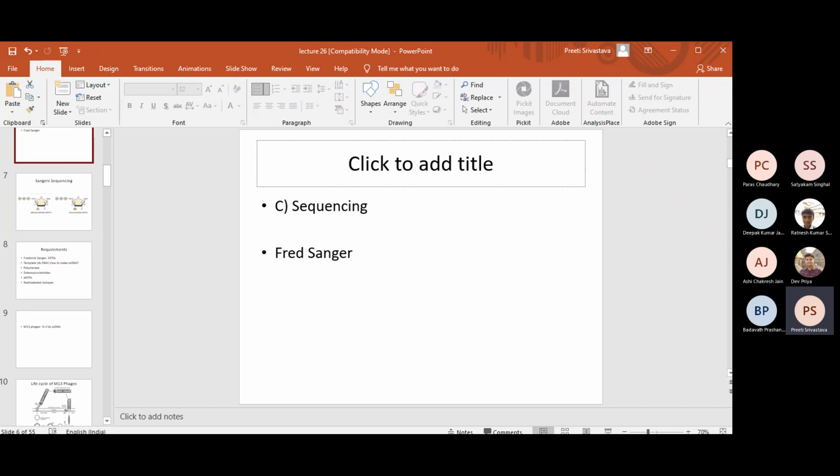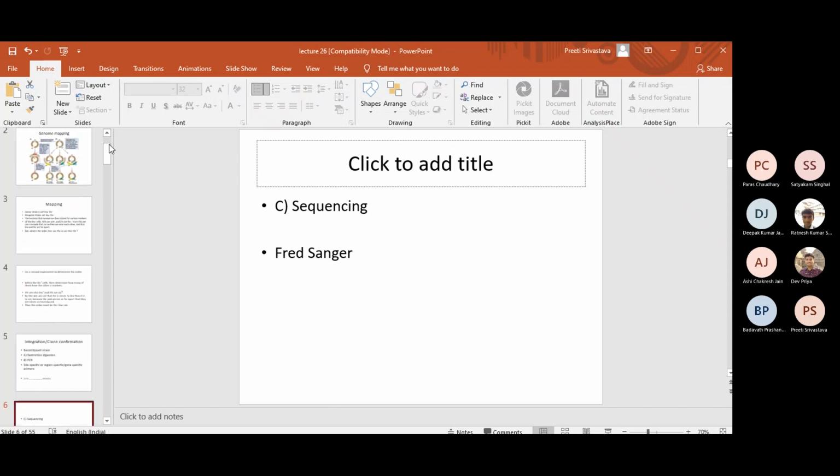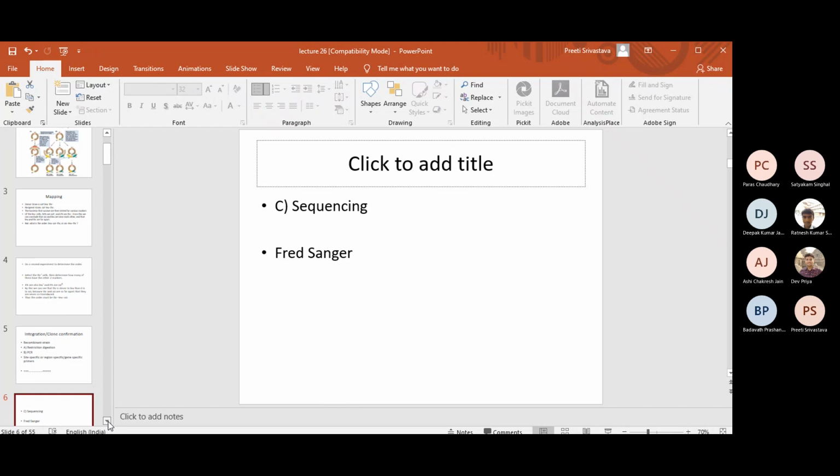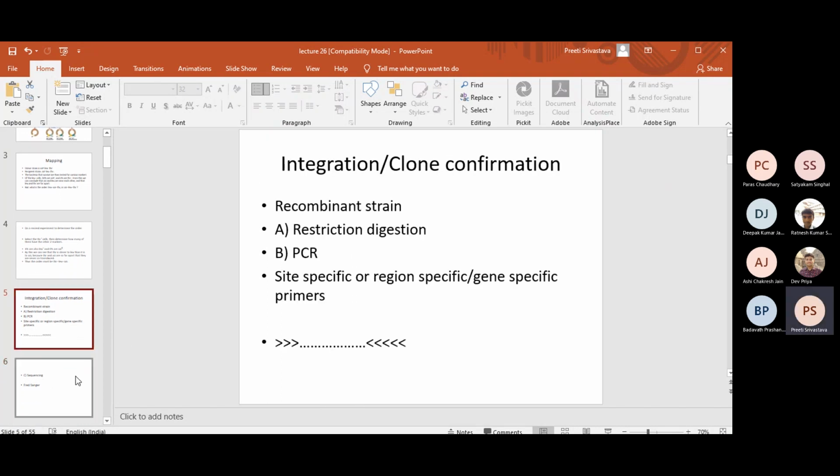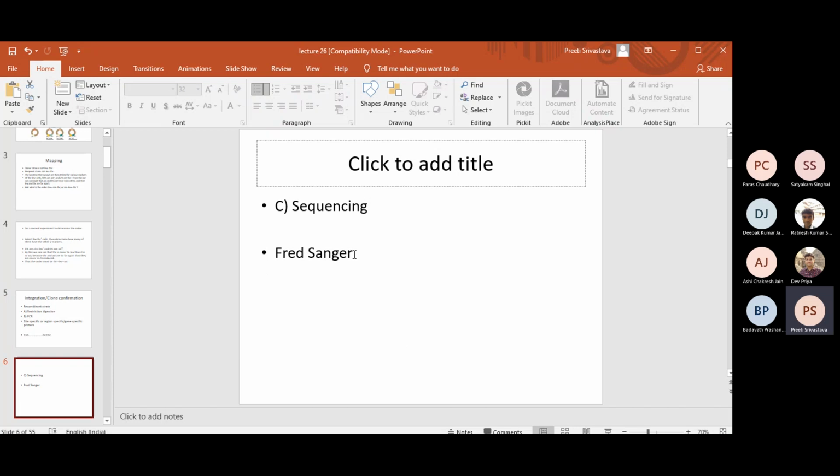Ma'am, yes. Ma'am, I didn't understand this PCR thing. Like in the previous class also, I didn't understand, when you were talking about how we can use PCR in RFLP to avoid Southern blotting. So, ma'am, if you can please clarify that. Okay. So let me then write the sequence.